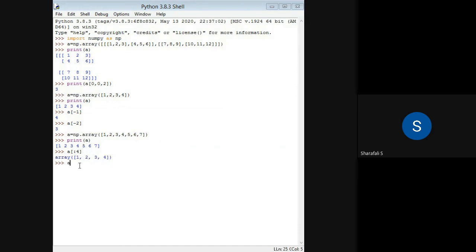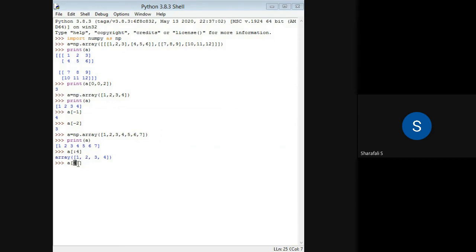And if you consider it the same way, you can write 4 followed by a colon. In this case, you will be getting all elements from the 4th index, so the 4th index element is also included. When it is from, that element will be included. When it is up to, it is not included.